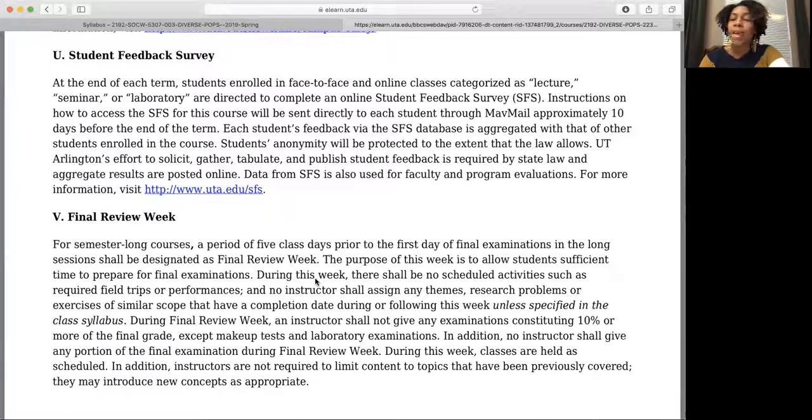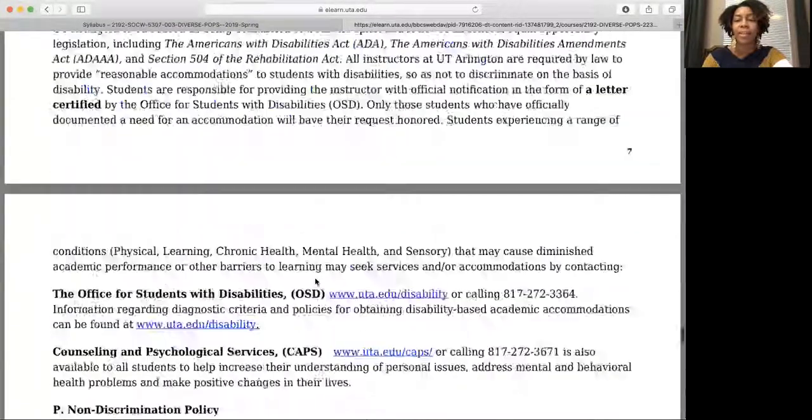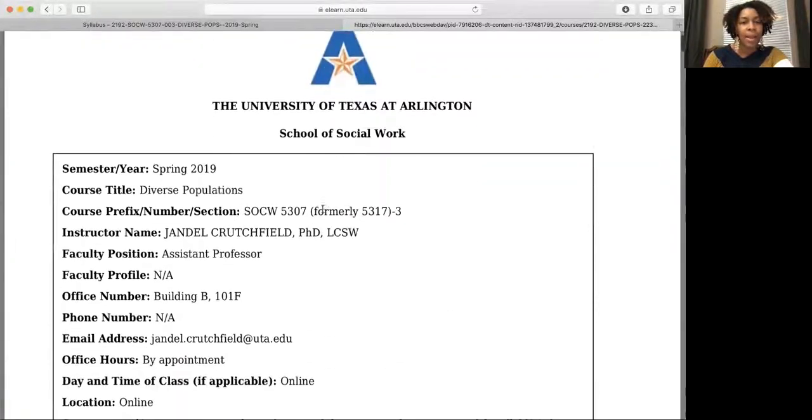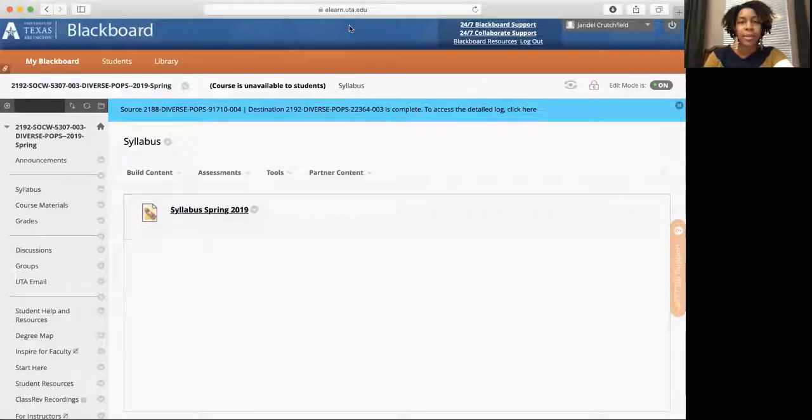The student feedback survey, I want you guys to begin thinking about this now. This is a good way for us to be able to revamp our courses or to try to make changes in the curriculum as students have recommendations. And so be thinking about, it's usually close to the end of the semester, so people are not really paying as much attention, but making sure that we fill out that student feedback survey. Okay, all right, so that's the syllabus.